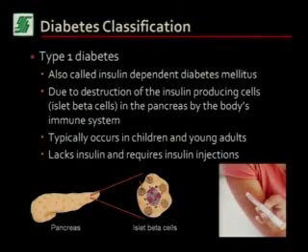So as you can see here, this is the pancreas, and within the pancreas, you have these islet beta cells. There are about 1 million islet beta cells in a healthy adult person. And with type 1 diabetes, all of these are destroyed because of these antibodies targeting the islet cells. And this 1 million only makes up about 1% of the total mass of the pancreas.